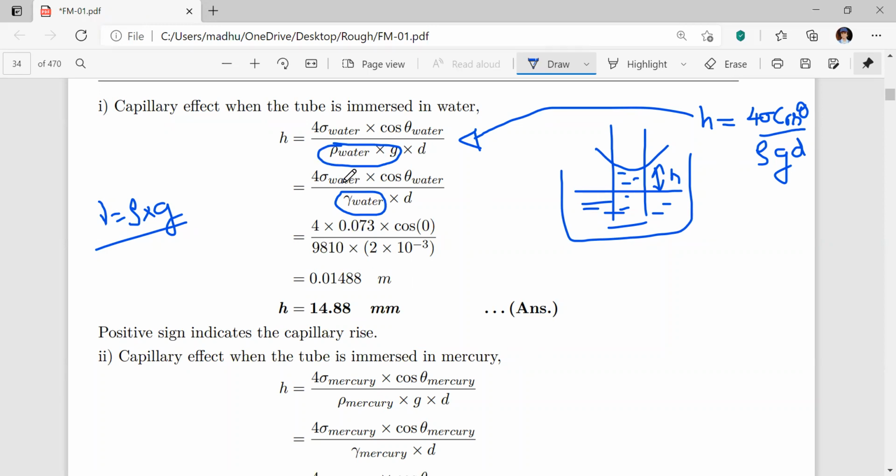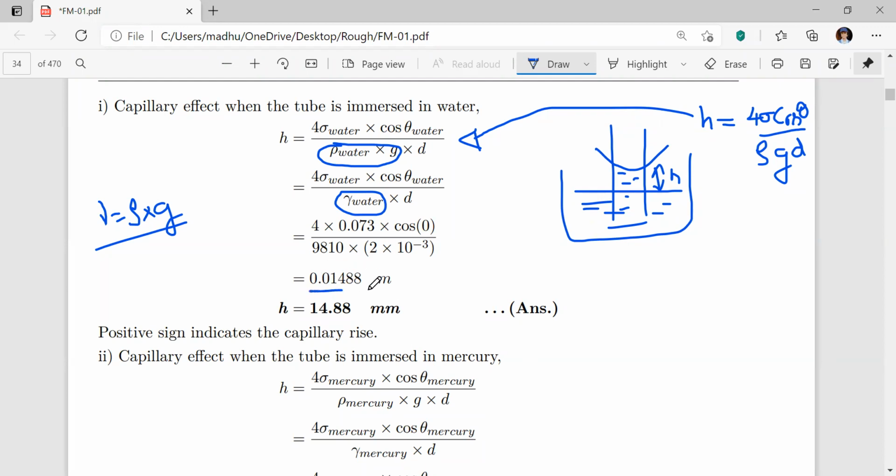9810. And substitute all the values as they are. Sigma water, that is the surface tension of the water, 0.073. Cos theta of water as cos 0, divided by gamma water. Gamma water is nothing but rho into G, that is 1000 into 9.81, that is 9810, multiplied by diameter 2 into 10 to the power of minus 3. 2 millimeter is nothing but 2 into 10 to the power of minus 3 meter. So after substituting all these values, we got the answer